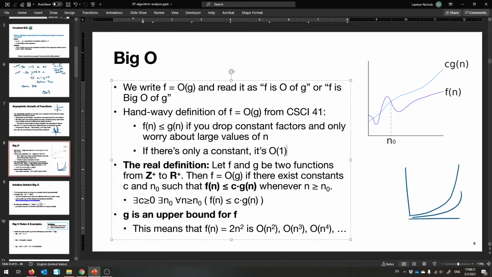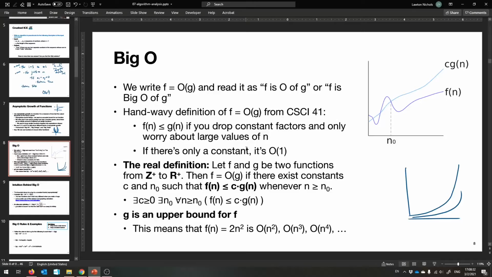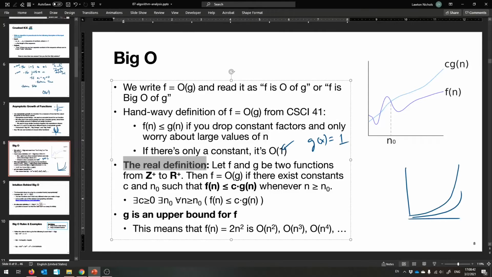That's the idea. And if there's only a constant difference between these things, we call it O of 1, constant time, which is kind of different because you don't usually think of functions like this, but really, O of 1, it's just define g of x to be 1 forever. That's the idea. Okay, so the real definition of big O now, you're ready for it, is,